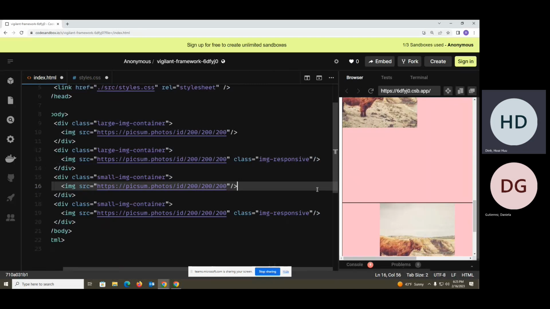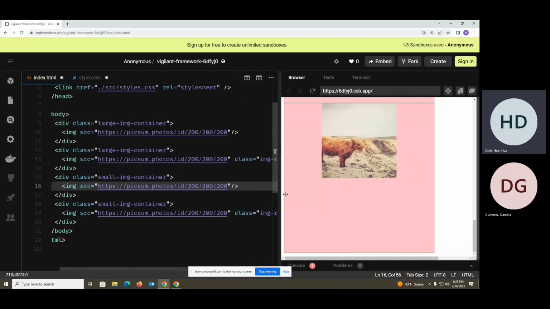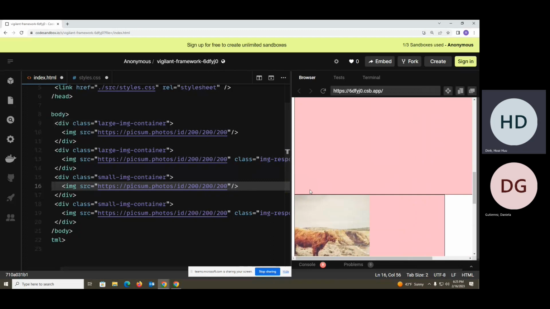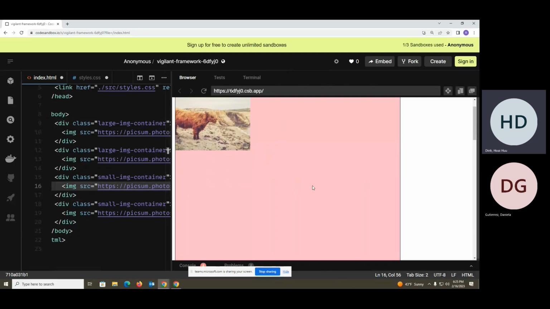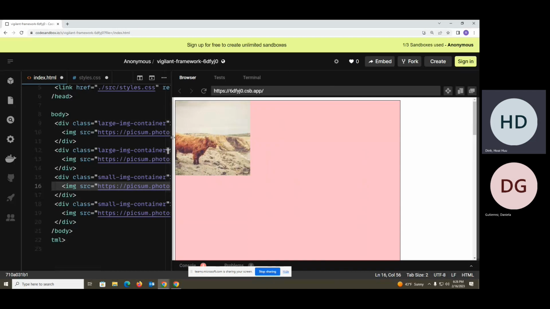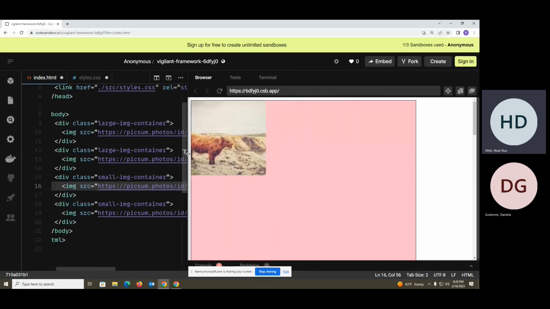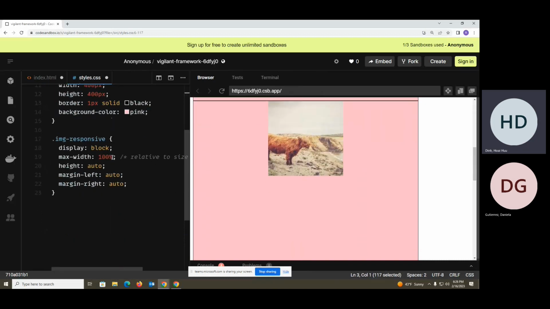First, let's look at what this does when the image is smaller than the container itself. The first element at the very top is in the top left, which is what we'd expect because it has the large image container class, which is just a 600 pixel box with a border and a background. We didn't touch it at all. It's untouched. But if we look at the second one in this large container,